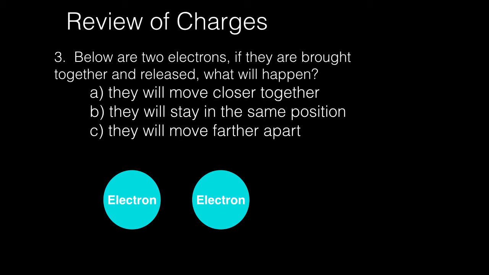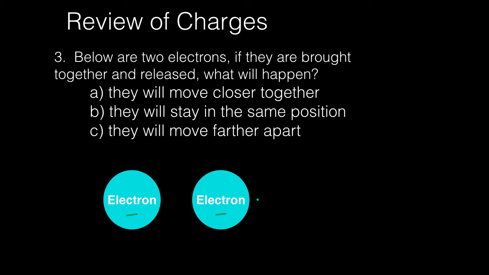Number 3 says, below are two electrons. If you bring two electrons together, what will happen? And remember, the charge of an electron is negative. And so if you bring two negative charges together and release them,